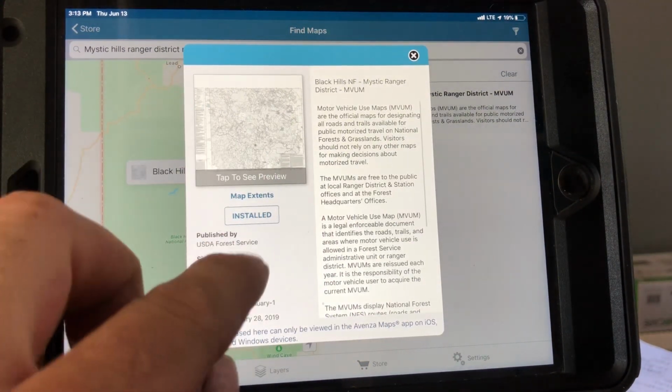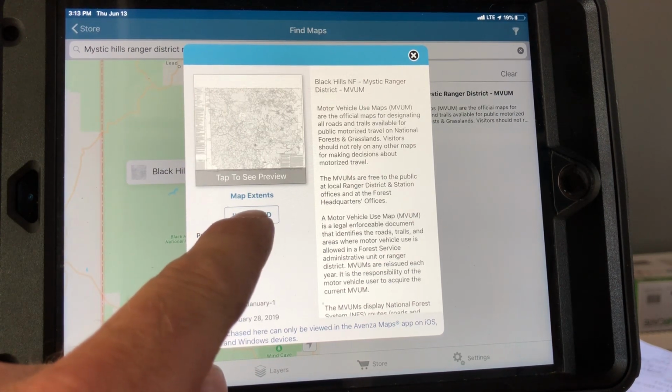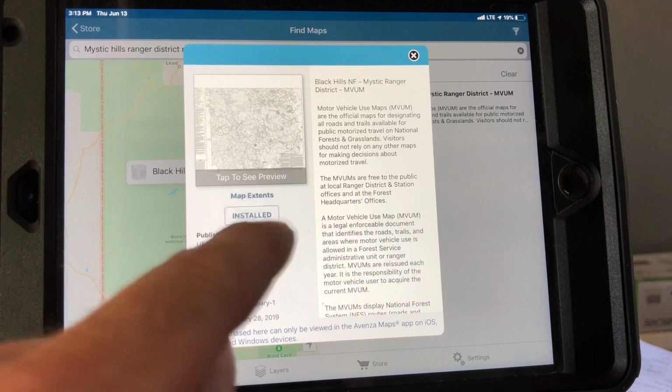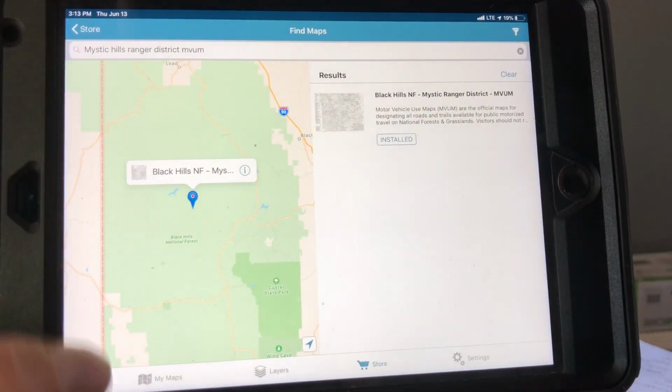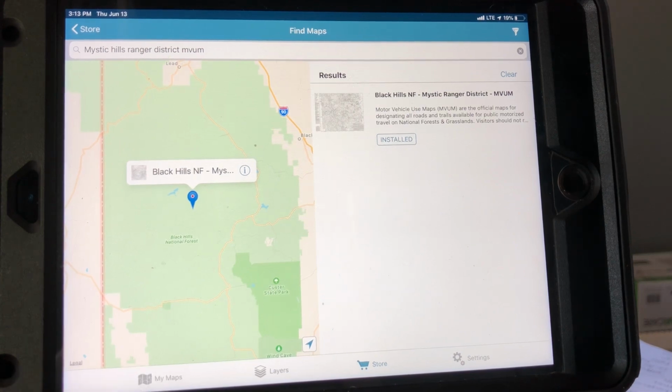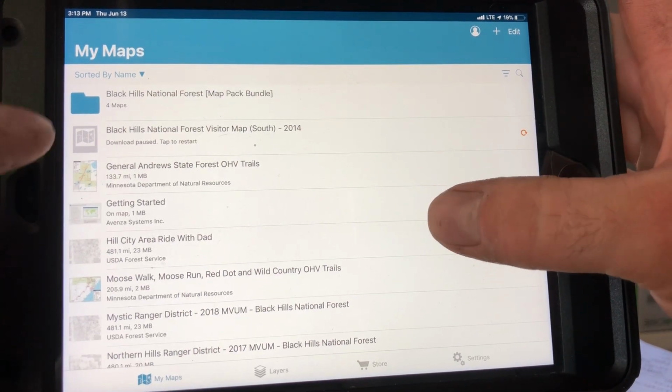So you click the information, and if you needed to get it, you would click the install button, but I've already got it installed, so I already have it. But then you'd go through the downloading procedure. Once it's downloaded, you come back down here to the bottom, it says My Maps right there. So there's your maps, and in here we have